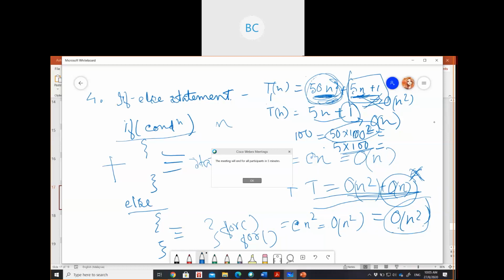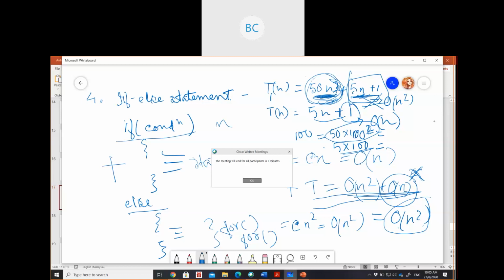For this term, the input is exponentially increasing, or it's just doubling the value, or it's going to take the highest time. Since we are mainly concerned about the worst case, that's why we are going to take the n square term. Even in the case of big theta and omega, it will be the same.